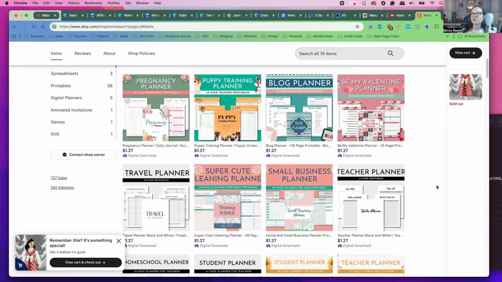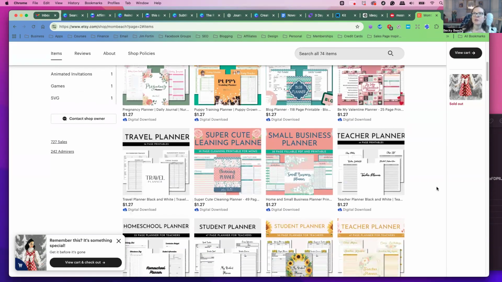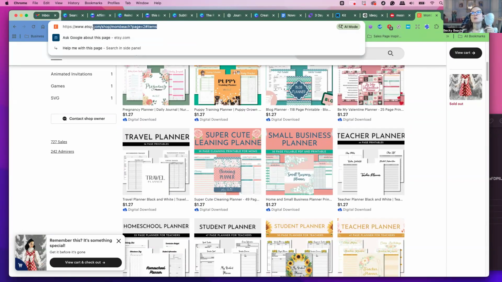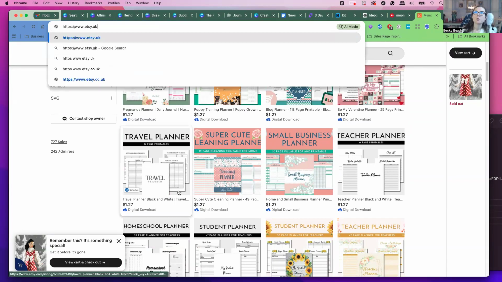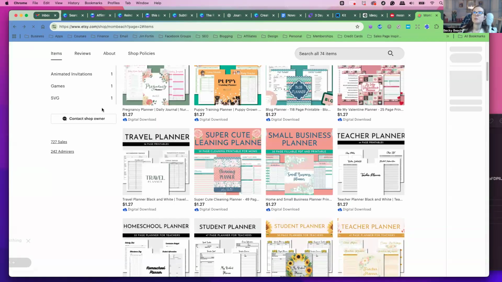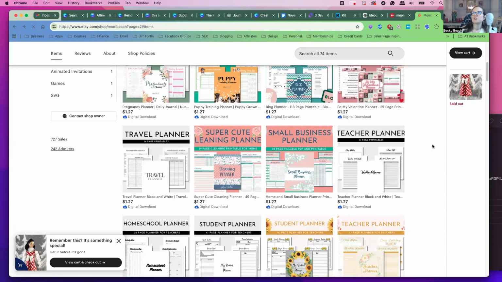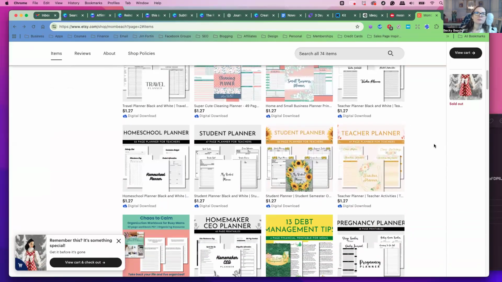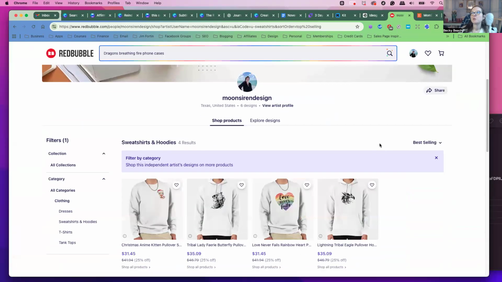Oh, UK? Yeah, I think you can use Etsy in the UK. I don't know if there's a version of Etsy that's just for the UK. There might be. But I think Etsy can ship worldwide, a lot of people will ship worldwide on Etsy. Redbubble, I don't know, I don't see why you couldn't ship worldwide.